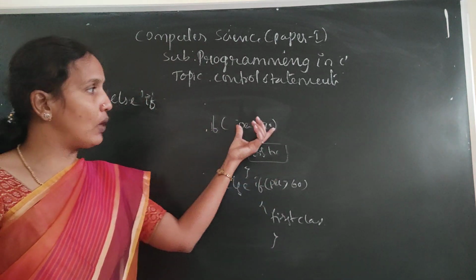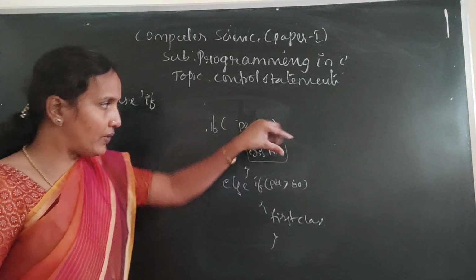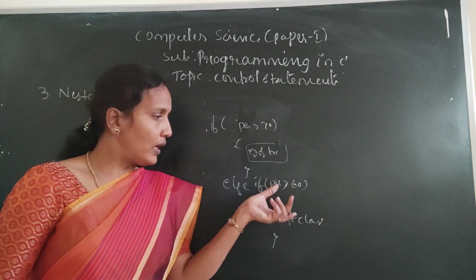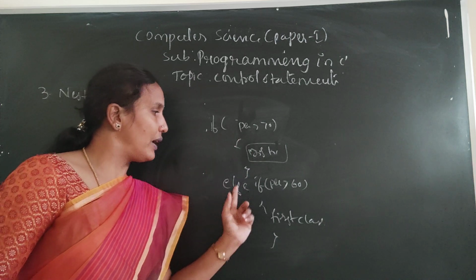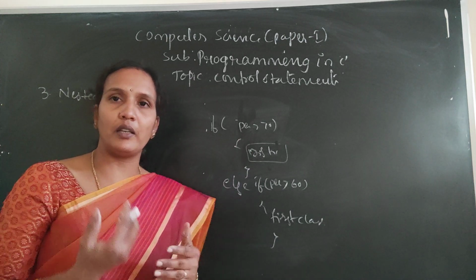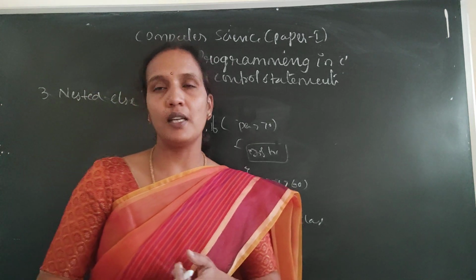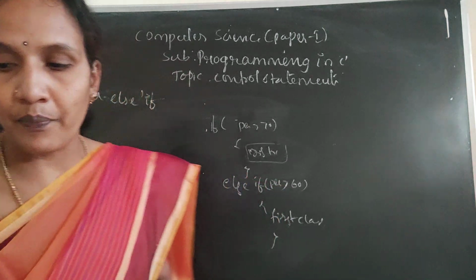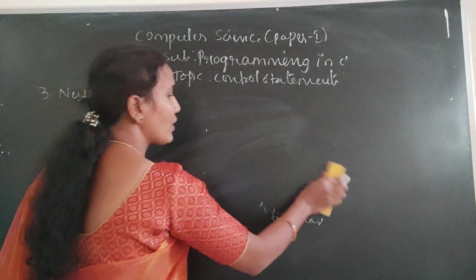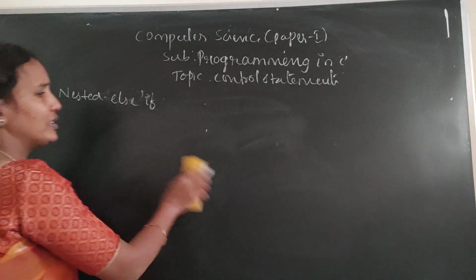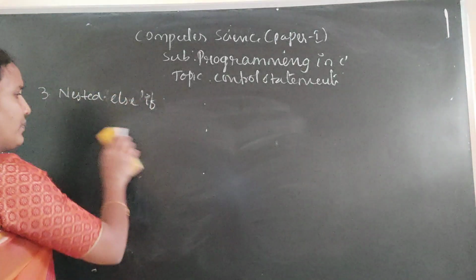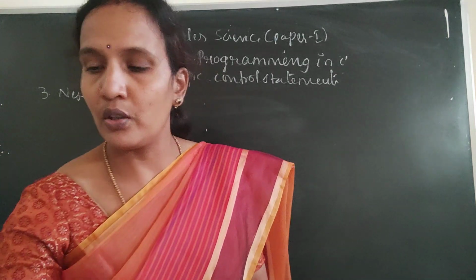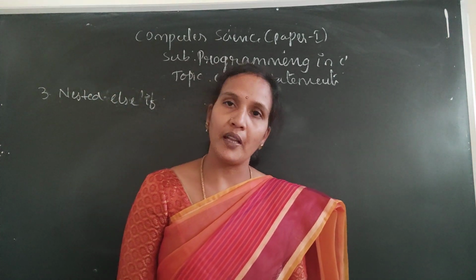Okay. So here if the outer condition is true, whatever statements you have given, that will be executed. If the outer condition is false, then what happened? Again we will check the next condition. Like that, if you have n number of conditions, then we will check all the possibilities. All the conditions we will check. This is called a nested else if ladder. Means if the outer condition is false, then only we will check the inner condition. If the outer condition is true, whatever statements are there in the true block of the outer condition, that will be executed.